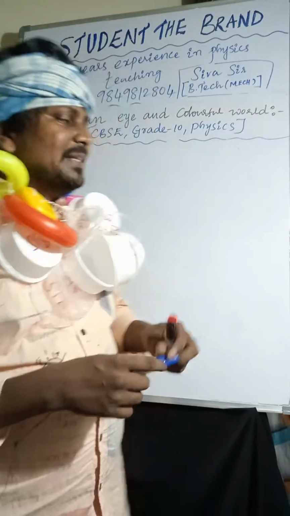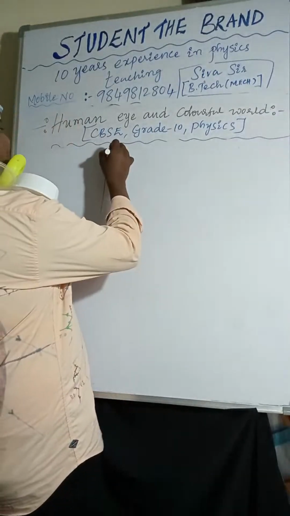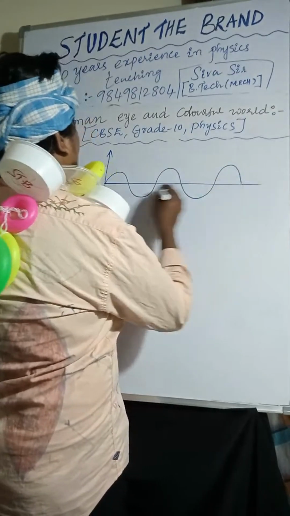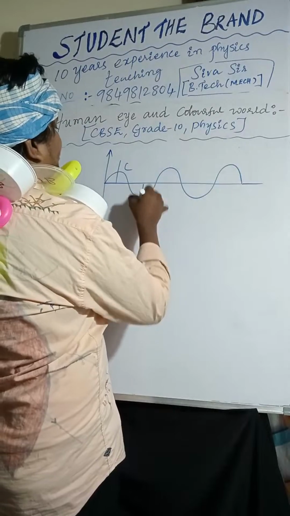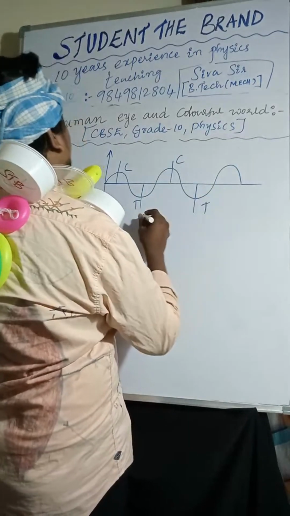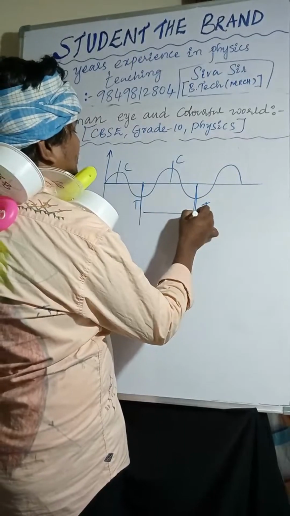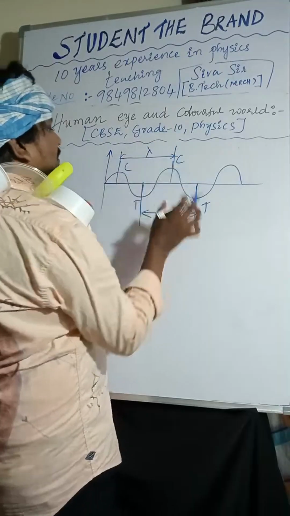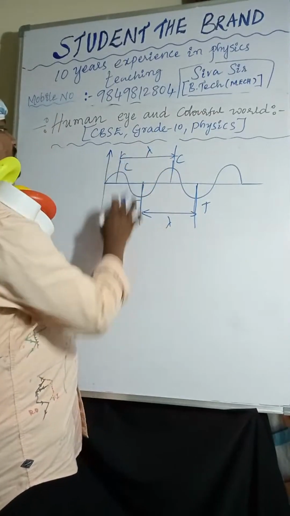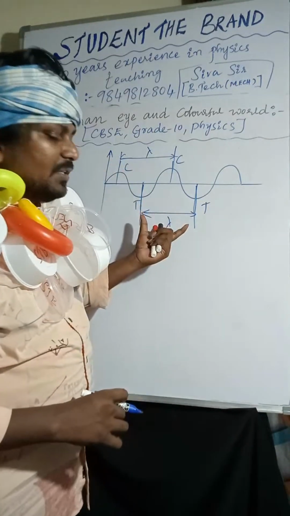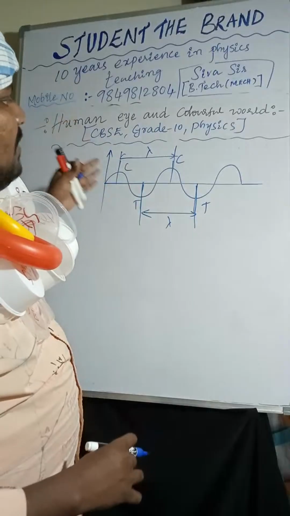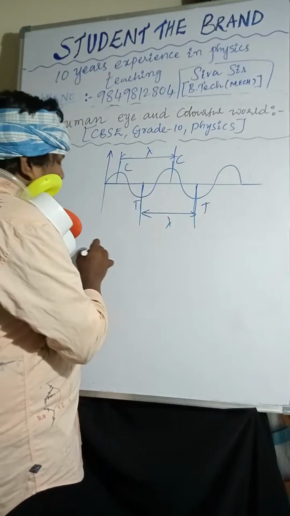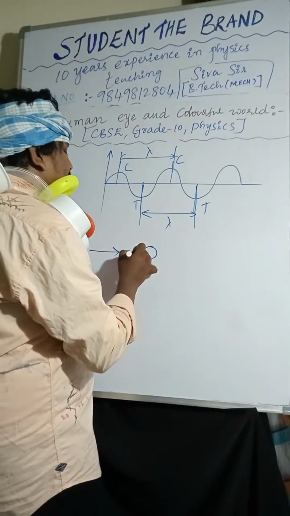Okay, so now I will explain. I'm considering the wavelength. This is the crest and trough. The distance between two consecutive crests, or two consecutive troughs, is called the wavelength, lambda. So if the light ray is coming and incident on a particle,